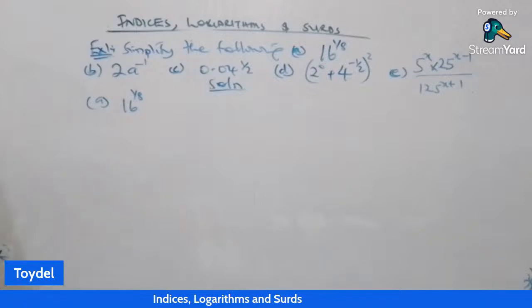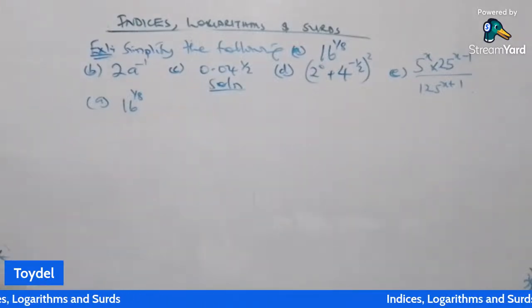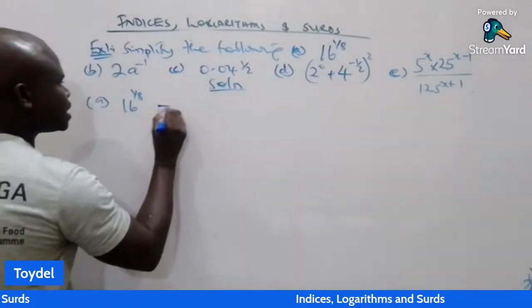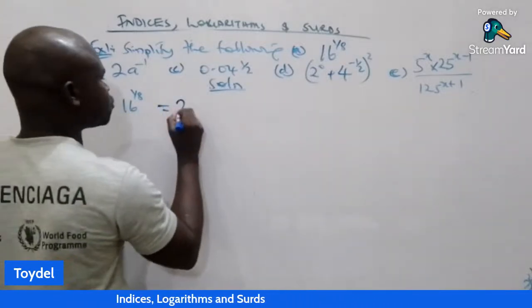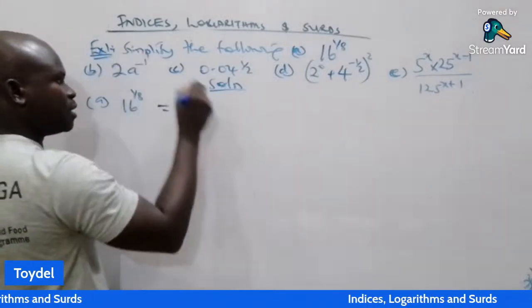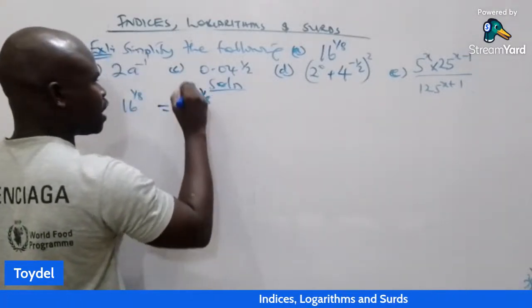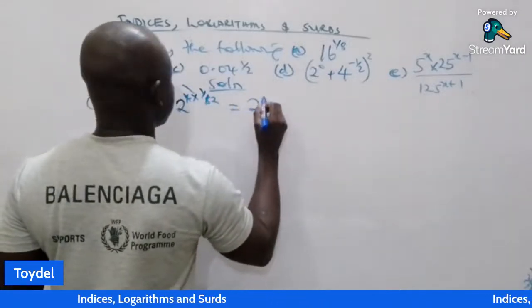So this is what you look at: is it possible to rewrite 16 as an index of maybe 2? I think it's possible. So I'm going to change this 16 to 2 raised to the power 4, since 2 in 4 places is 16. Then multiply by 1 over 8 as the power. 4 times 1 over 8, so at the end of the day, I'm going to have 2 raised to the power